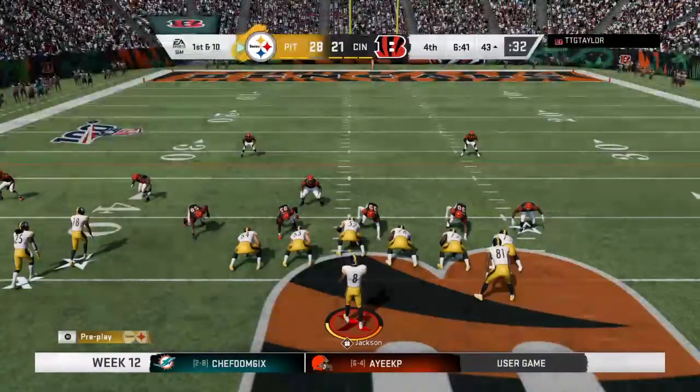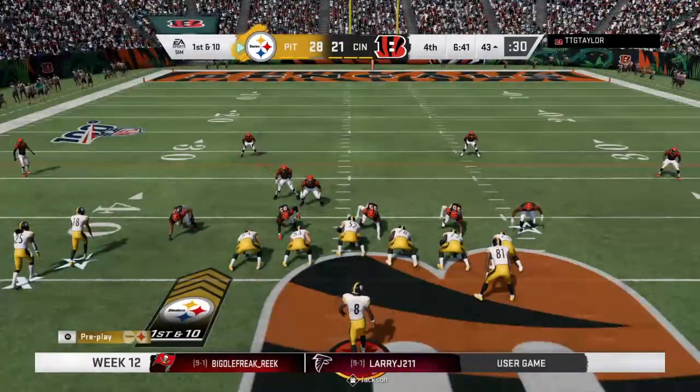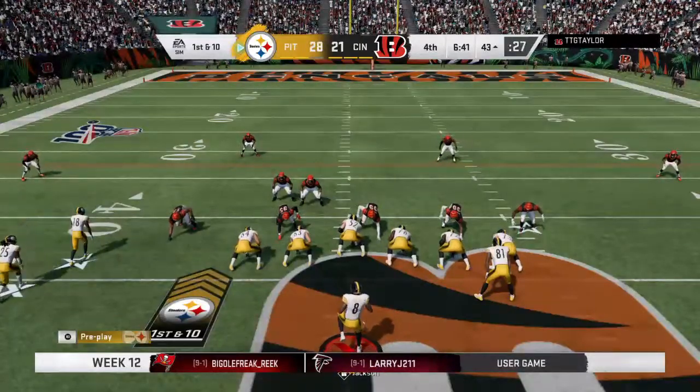Here we go. Let's get off the field, D. Let's get off